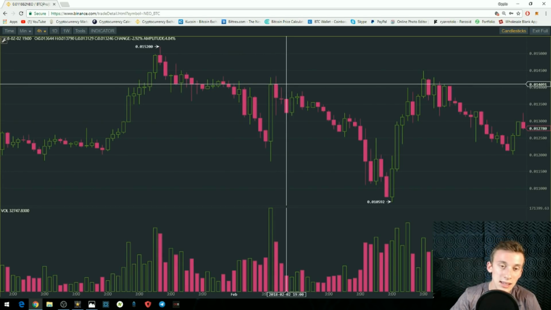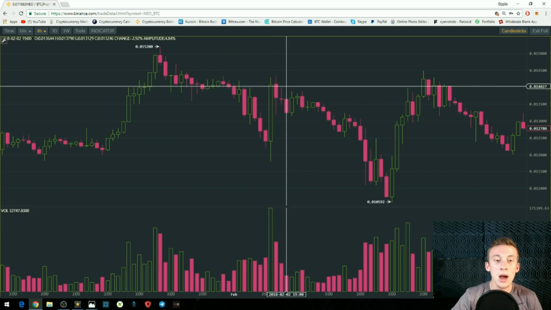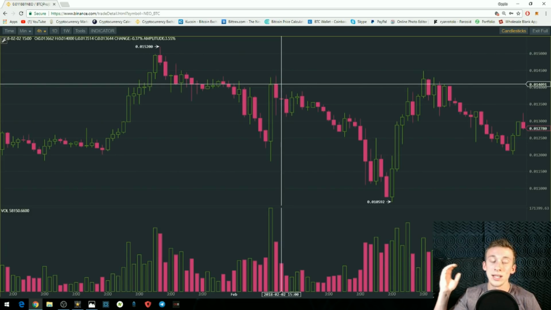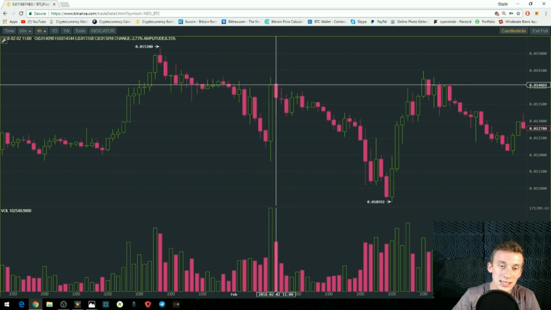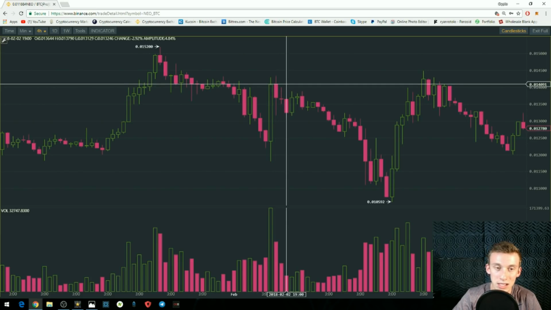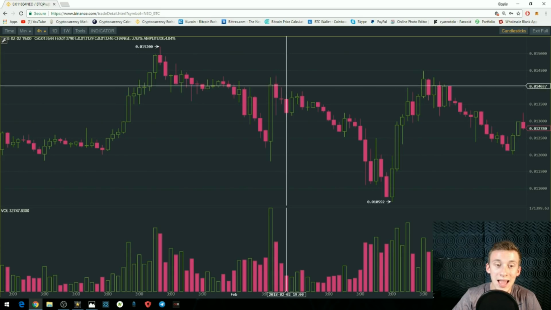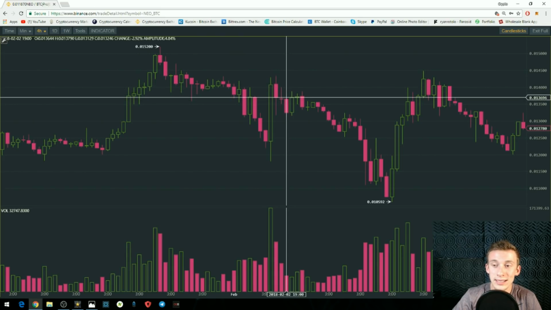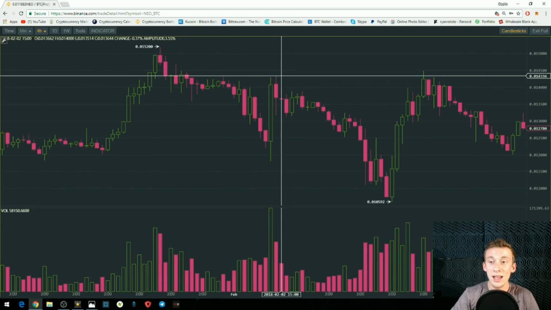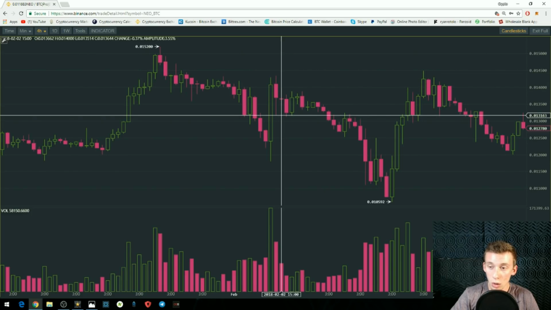So as you can see, it moved on to a new candlestick. Now when you begin a downtrend or a bearish movement in a candlestick chart, the opening starts at the top. So as you can see with this bearish candlestick, the opening started at 14,091 Satoshis and it closed at 13,696 Satoshis. But in that 4 hour period, it hit a high of 14,336 Satoshis and a low of